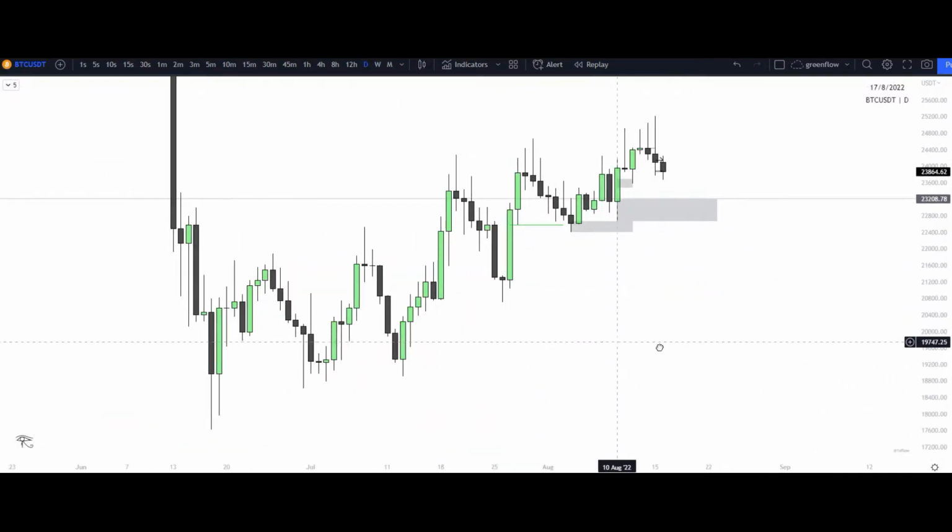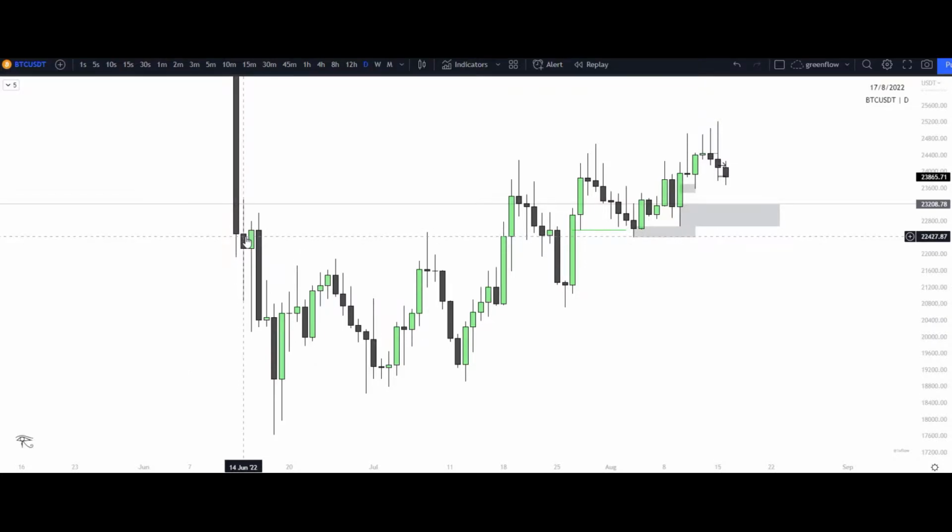All right, understanding the daily, right? We saw that drop-base-drop like we were talking about before. We saw how it came into these areas, broke that structure point to the upside, and then from that introduction of demand from this liquidity raid to the downside right here, we continued to create higher lows, higher highs, and from that we are seeing that pullback, right? How that actually happened and how we got up into those areas.